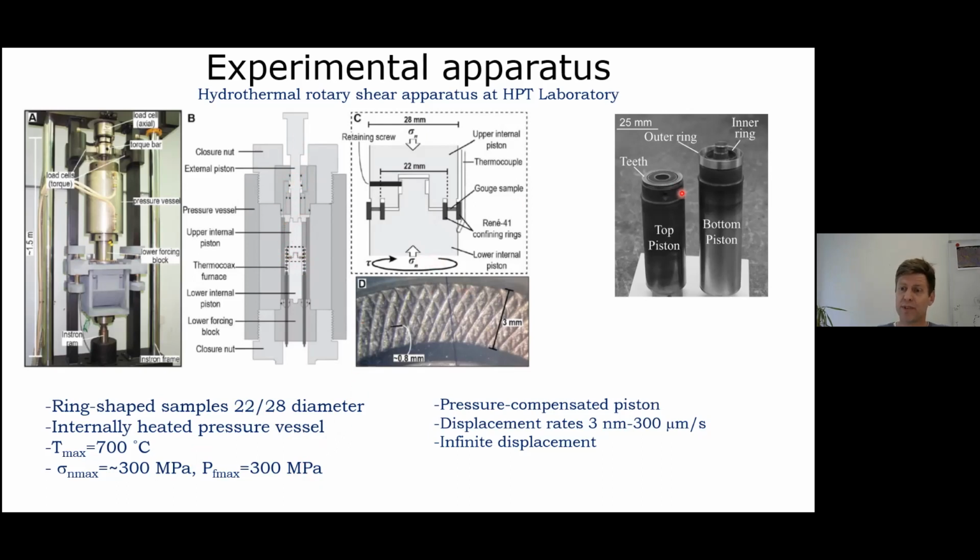Our ring-shaped samples are 28 millimeter in outside diameter and 22 millimeter in inside diameter. We have an inner and outer ring that confine our gouge layer. They are coated with a low friction coating to lower the friction. And because it's a ring-shaped sample, in principle, we can reach infinite displacements. But typically, we don't go much further than 20, 30 millimeter of displacement, which for a gouge thickness that we use of 1 millimeter translates to a shear strain of about